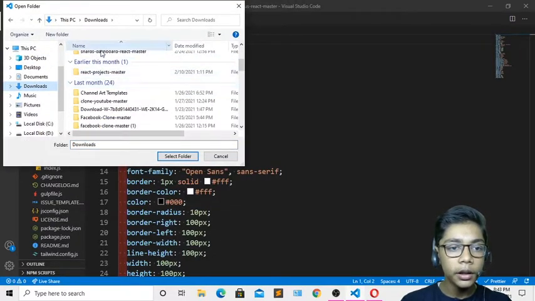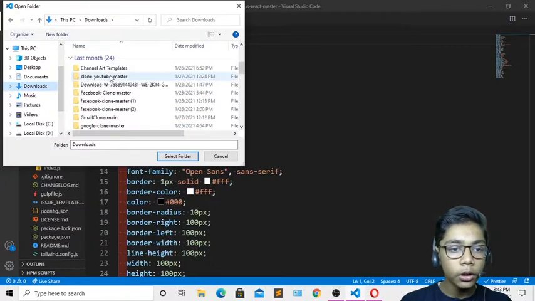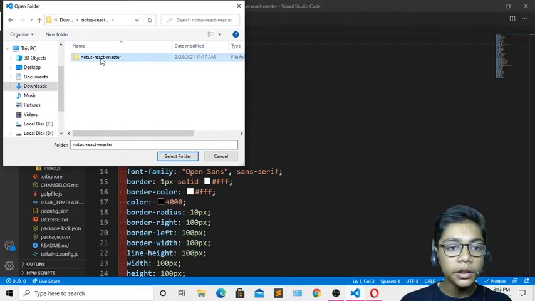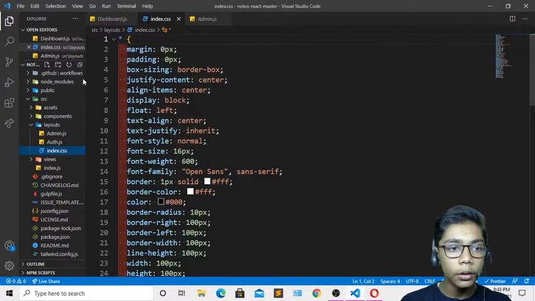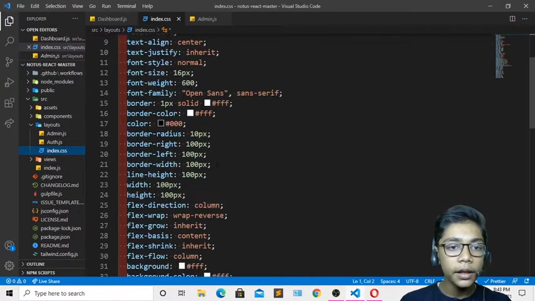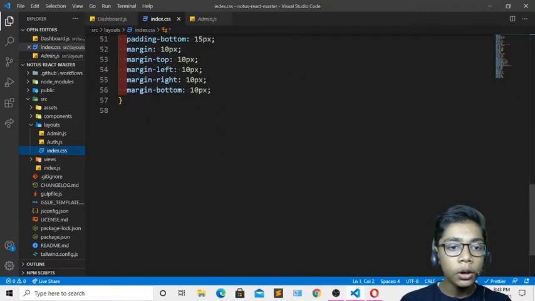So just come underneath, and now I will be going to the top. Okay, so here I will be going in that. Now when you've done that, I will be selecting the folder, and here you can see we have defined all these things. Now when you've done all that, I will be doing another thing, I'll be closing that.